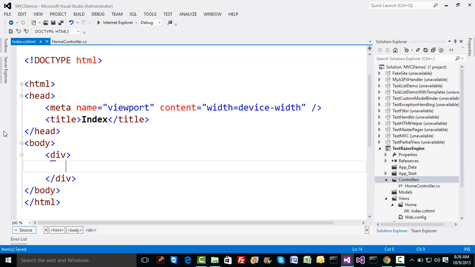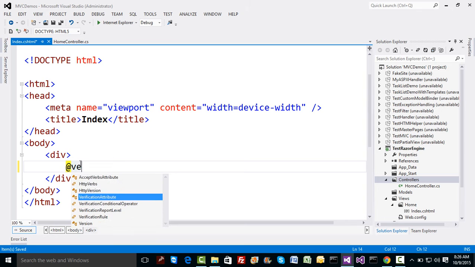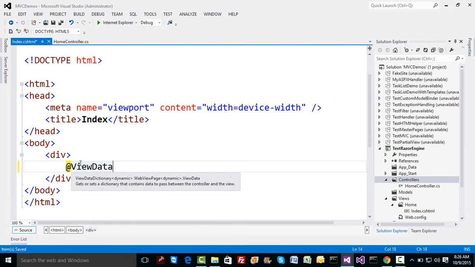of name equal to ABC or Razor, and now in the code, if I have to show that data, remember we used percent brackets, but here we won't use percent brackets in CSHTML. We rather would use the at symbol and something like ViewData, which means the code actually remains the same, but now percent brackets get replaced by the at symbol.